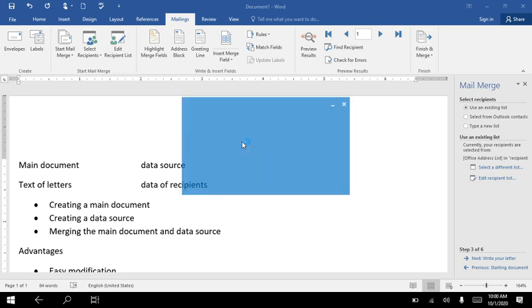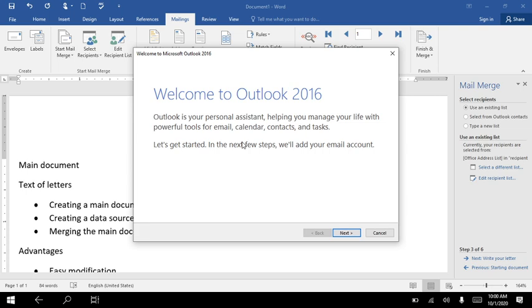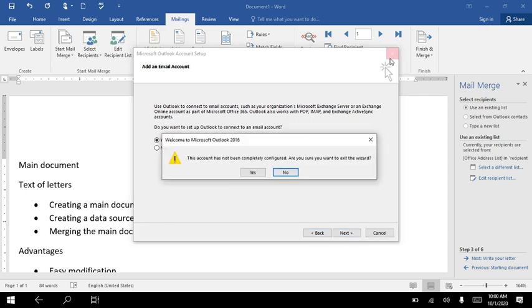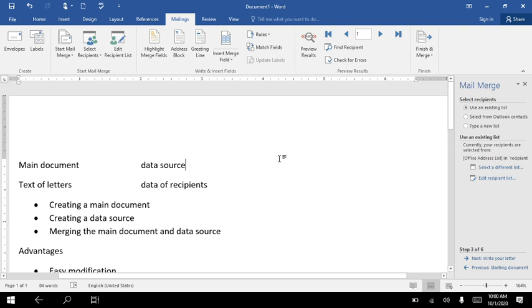Here what will be happening, all those things whichever you have selected and set, it will just finish and go there. Got it? See, it's like this. I have not opened this, but it will be sent. Got it, children? So this is how your mail merge option works in your Word document.